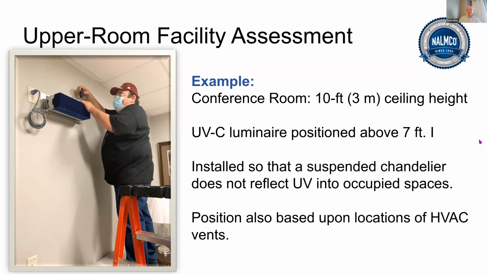That's particularly common these days with a lot of different projector screens and other gadgets up in the ceiling area. So you need to position your germicidal lamp fixtures or UV luminaires so that they're not aimed directly